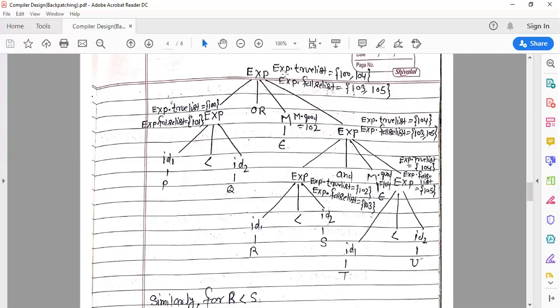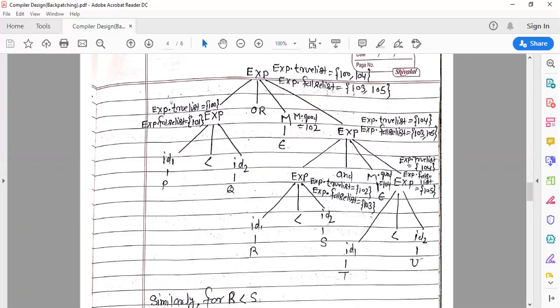You can see here at every node we have a true list and a false list. These are the attributes. Every node is associated with attributes exp.trueList and exp.falseList.